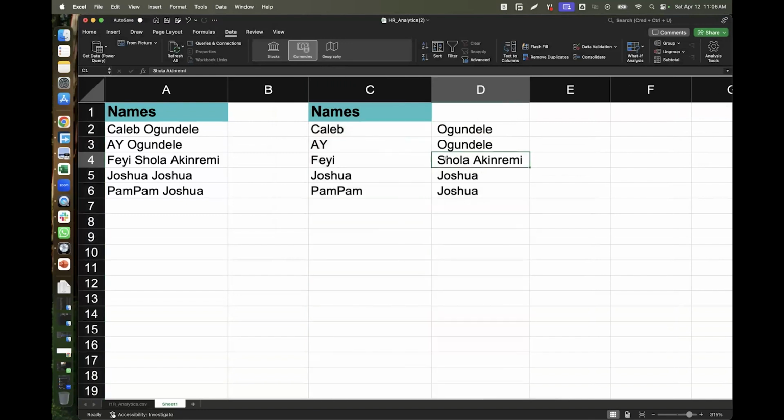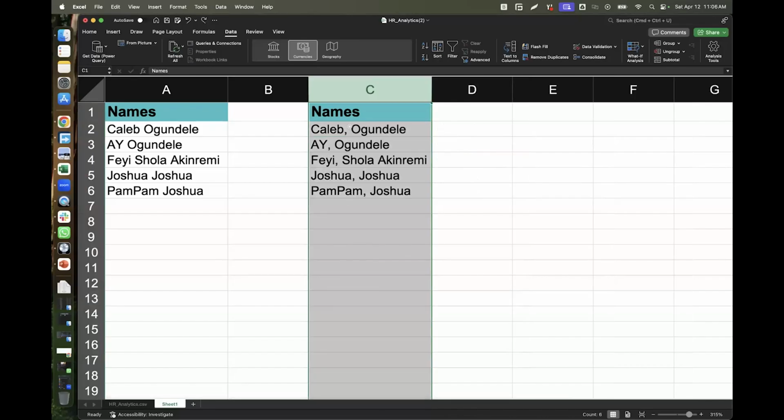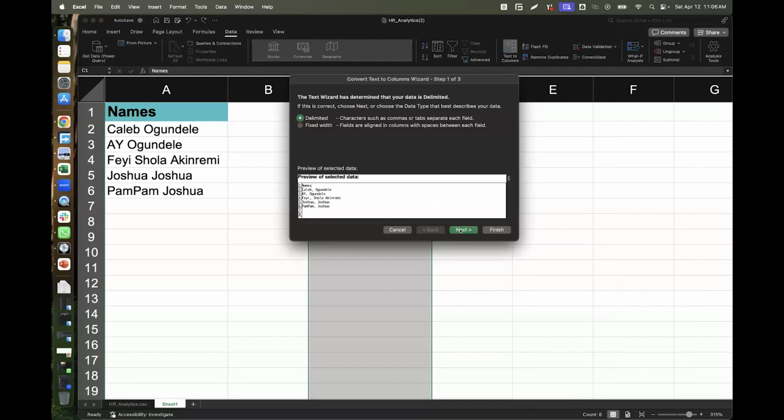Instead of also separating Shola Akinremi, it did not, because all the commas were right in front of just the first name alone from the last data. Let me show you that data in case you want to see. This is how the data was before it was separated, right? And the comma is the common denominator of most data, but there will be a common denominator that will delimit most things.